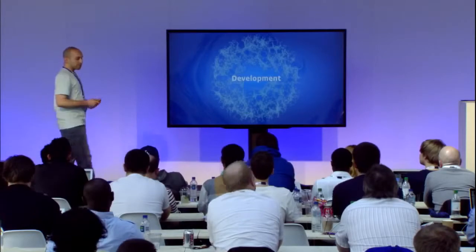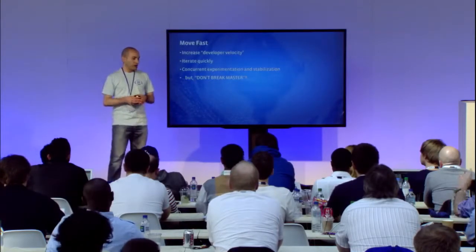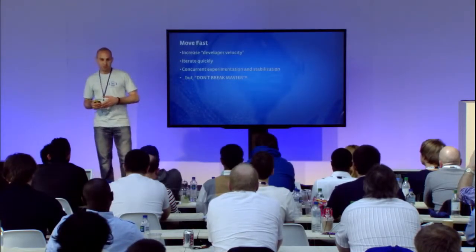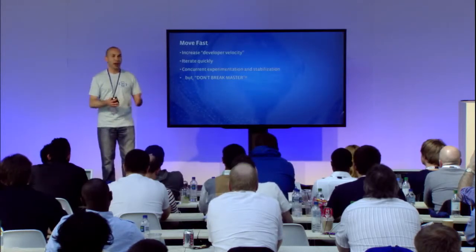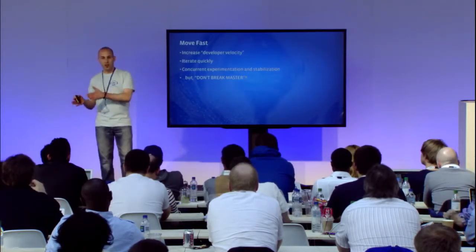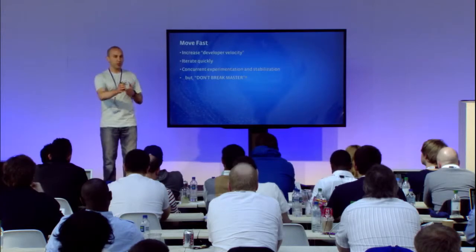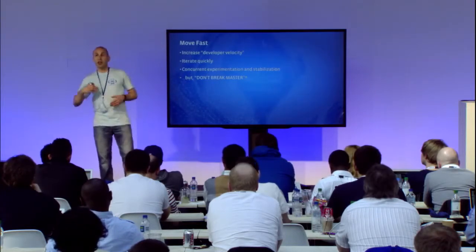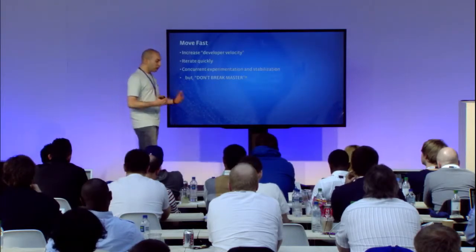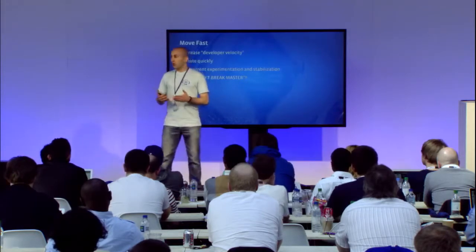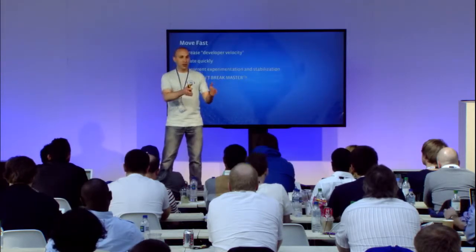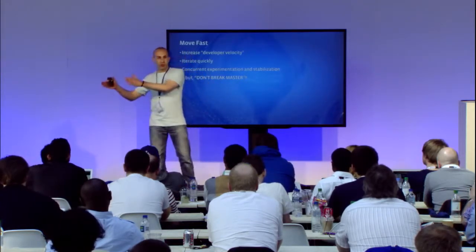Now I want to talk a little bit about the day-to-day. What do engineers do as part of their process? At Facebook, we have something called developer velocity, and that's a metric we use to measure how fast can we go from a concept to a feature that's shipped and in customers' hands. And we like to iterate quickly. And the only way we're able to do this is that while we're stabilizing our release builds, we are also able to experiment on new